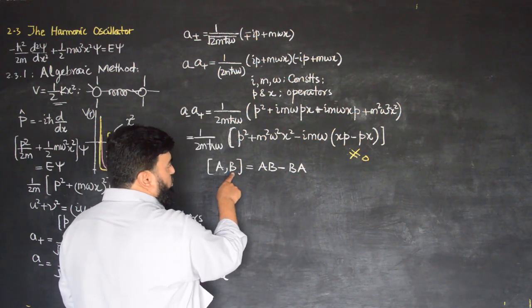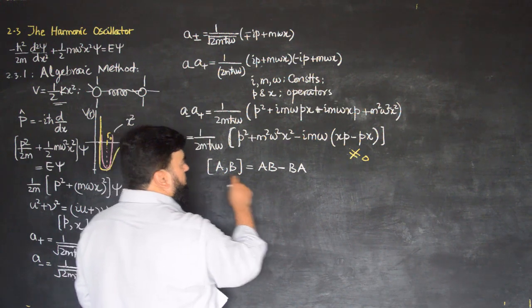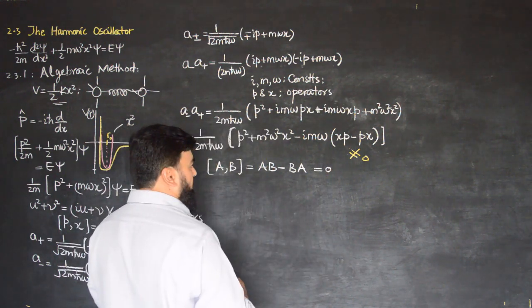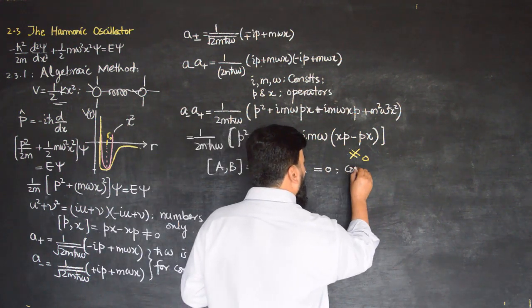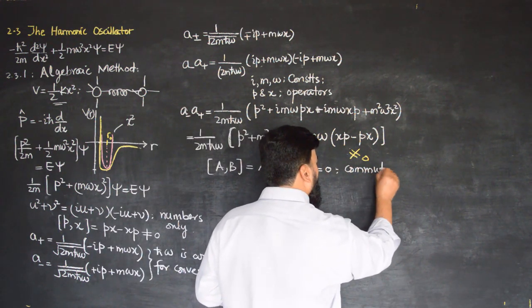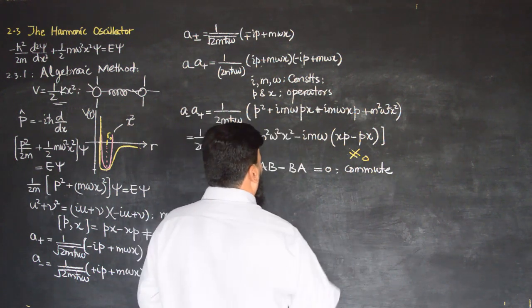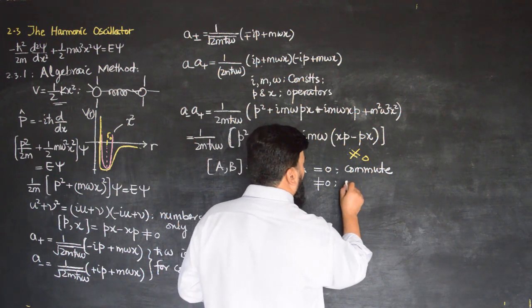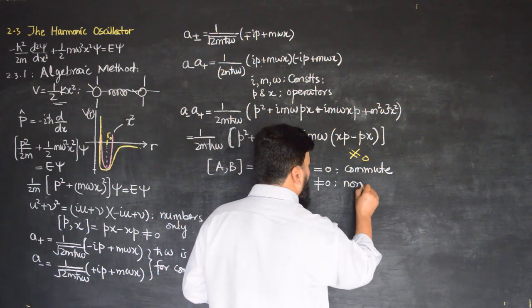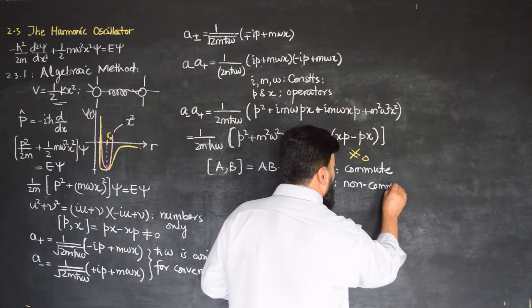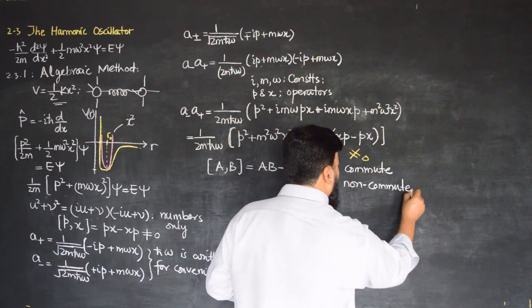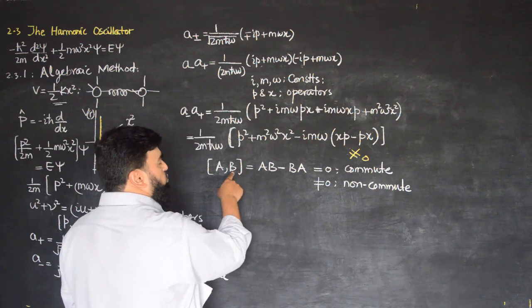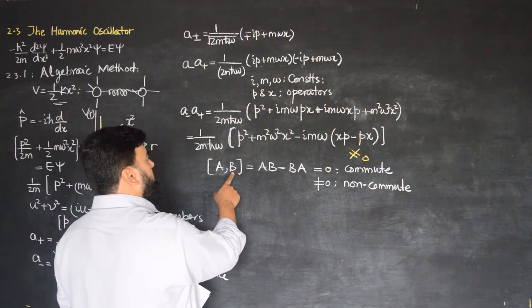If these are the two operators and they commute, then we will say that this is equal to 0, and this will be non-zero when they don't commute. So commutation we will discuss later, but commutation is actually when the measurement of one operator disturbs the system for